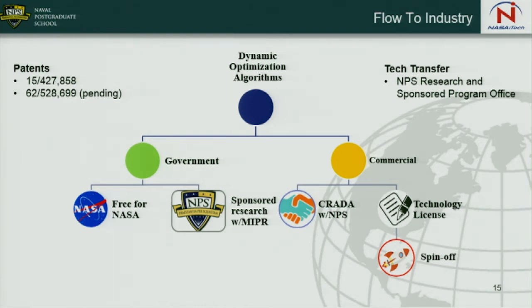This is why this research exists: we want to make it relevant to other government users. But there's a whole other piece of this, the commercial side, that we've actually become very interested in through this NASA iTech initiative. If a company wanted to come in and use this, they could enter a cooperative research and development agreement with us, a CRADA, or if they wanted to license the technology themselves, they could take it and run with it. But I think most interestingly, we could also work on spinning off this technology. That's something we can talk about a little bit more during the roundtables. Certainly an interesting